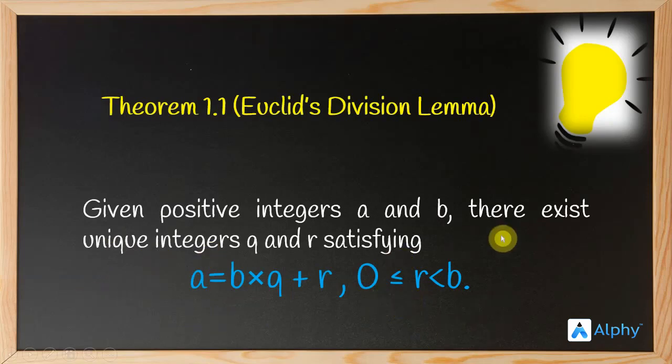So this is a general equation which you might already know, and a is the dividend, b is the divisor, q is the quotient and r is the remainder. So this is the general statement of Euclid's division lemma, and we are going to see an example and then we are going to generalize it for all numbers. So moving on,